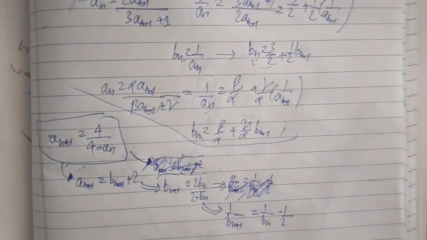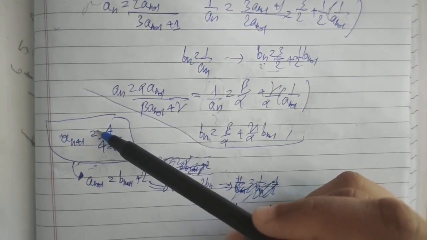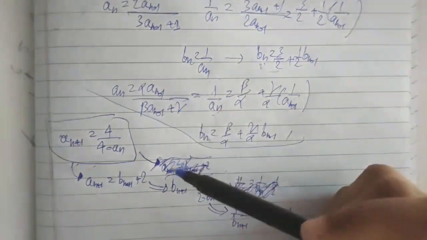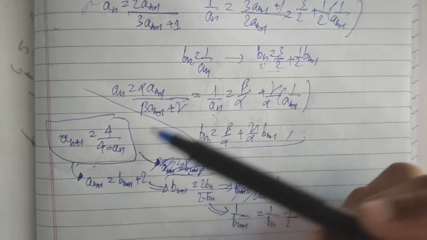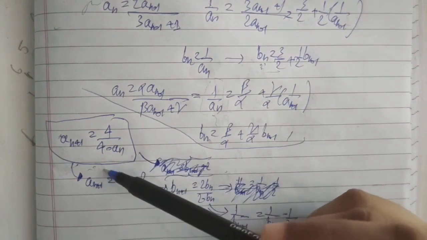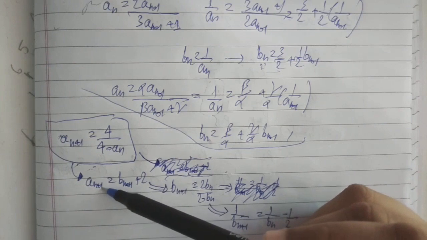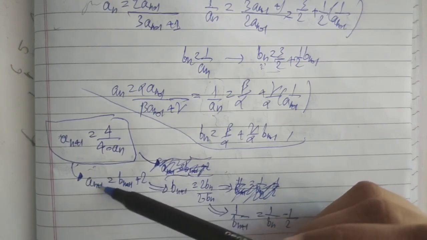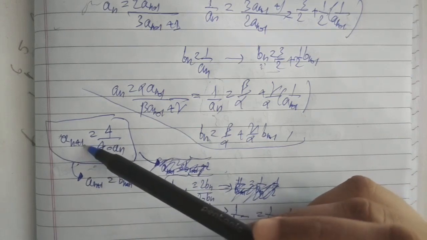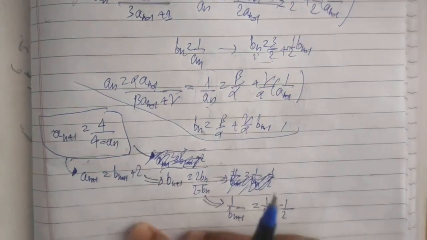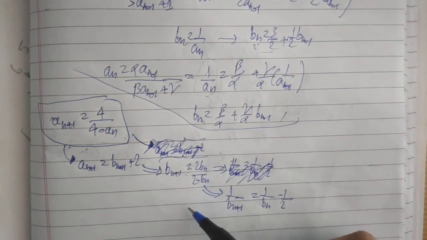So how to do that? One approach can be to turn this relation into that relation by some substitution. So what would be the proper substitution? If we maybe guess and hope, we define a new sequence b_{n+1} to be a_{n+1} minus 2, so a_{n+1} will be b_{n+1} plus 2. If you take this substitution and put it here, by doing routine algebra, you will get b_{n+1} = 2b_n/(2 - b_n).